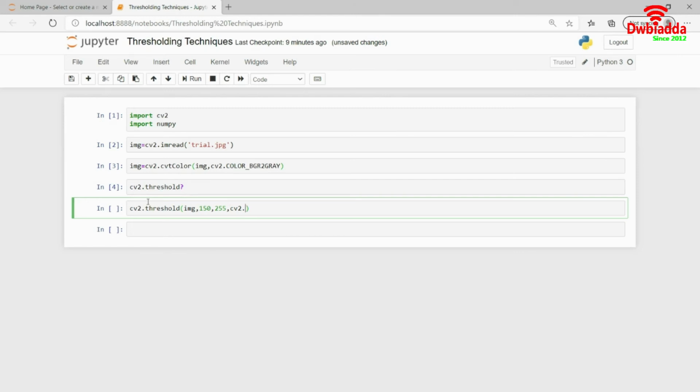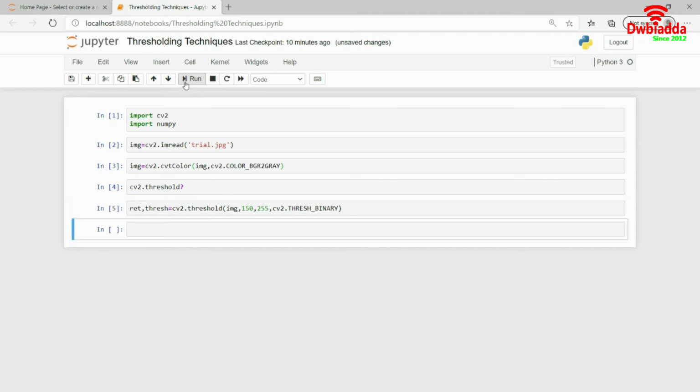In binary thresholding, we have to pass in the command for binary thresholding. For this, you have cv2.THRESH_BINARY, and this returns two values. The first variable is known as, let's say, ret, and the second value is known as thresh.